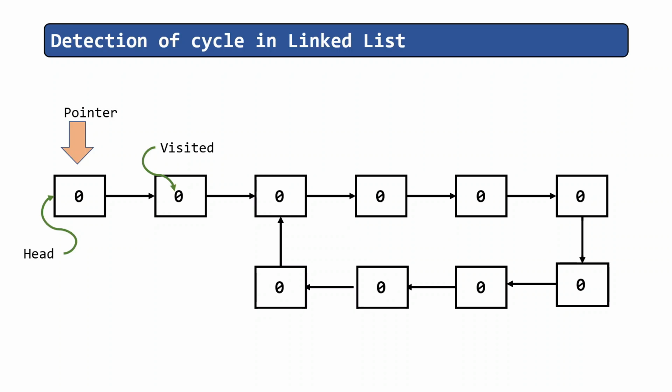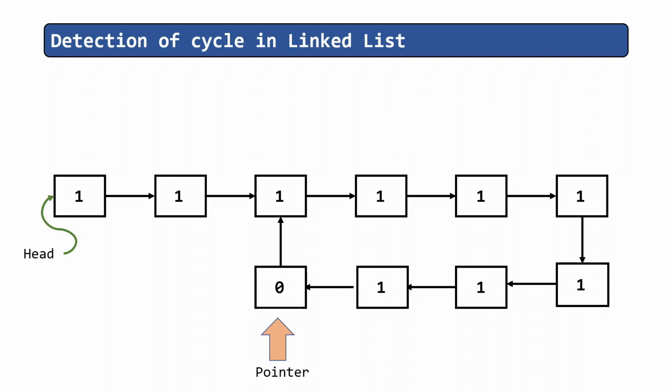And what I will do here is I will simply iterate this pointer through each and every node of the list, and whenever it sees a visited variable equal to 1, it says that the cycle is present in the list. So in this case, let's check it out. After I move the pointer to the first node, the visited variable of the previous node will become 1. So in the next iteration, the visited variable of the second node becomes 1 and the pointer points to the third node. So this continues,